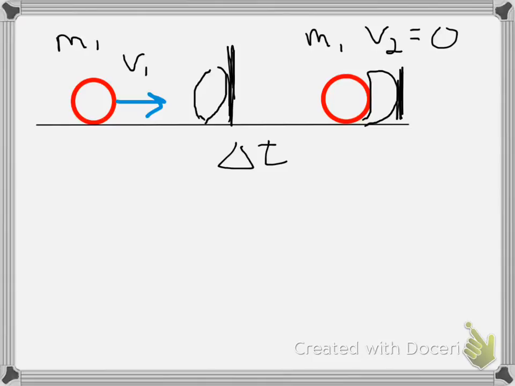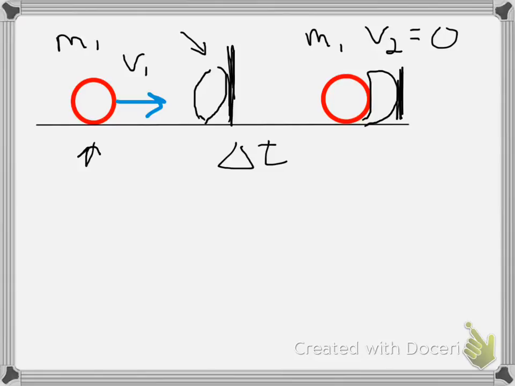So what's going on here is we have a ball right here with some mass m1, which initially has a velocity v1 towards the right. And what's going to happen is this is going to hit a pillow which is up against a wall. It's my lovely pillow drawing here. I'm not an artist, which is pretty obvious here, but it's going to hit the pillow and